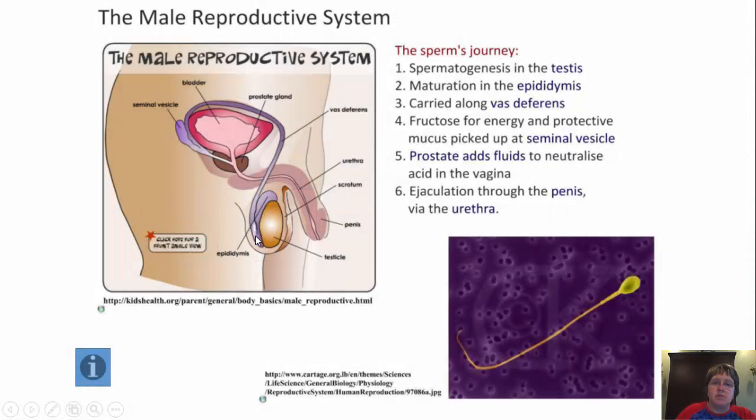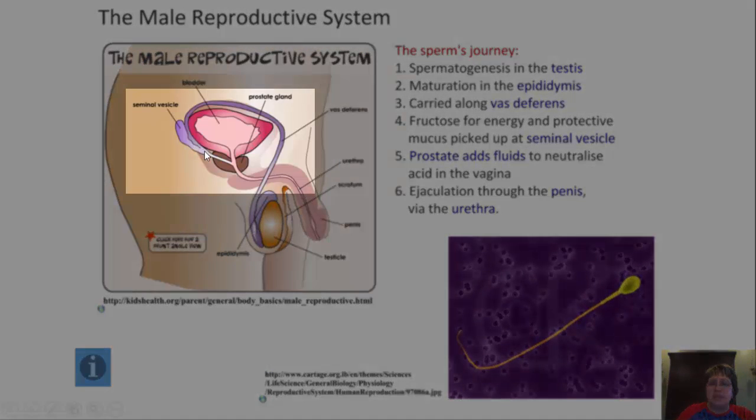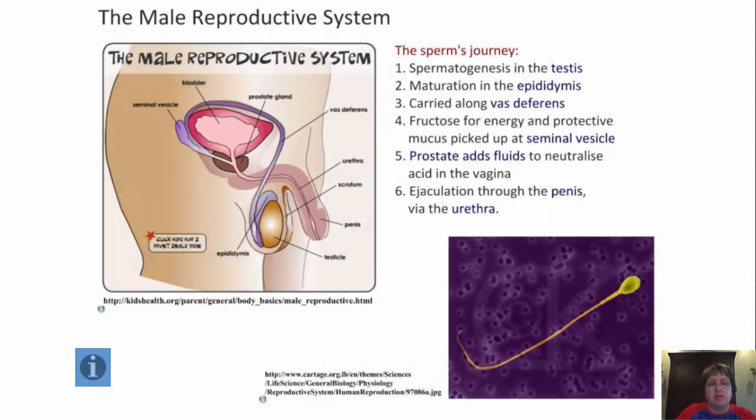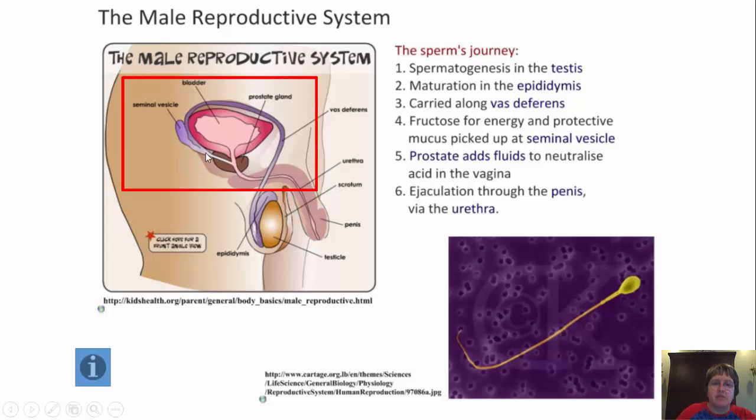Once they are mature, they will be carried along this tube called the vas deferens. And along the way, they will hit the seminal vesicle, which will secrete fructose for energy for the sperm, because they are on a very long traveling voyage, and also a protective mucus that will help them in traveling as well. So that'll be picked up here at the intersection of the seminal vesicle,